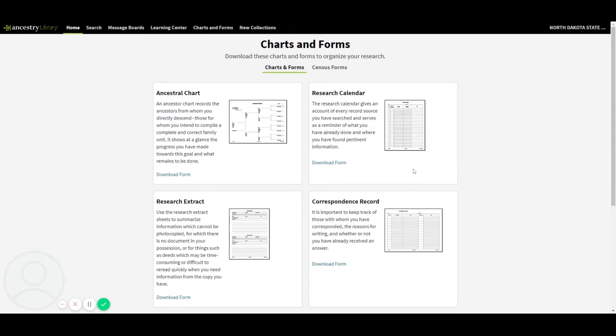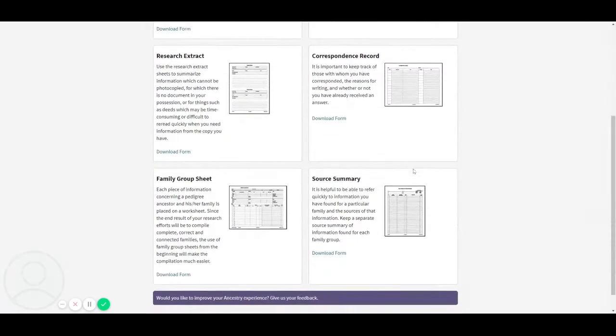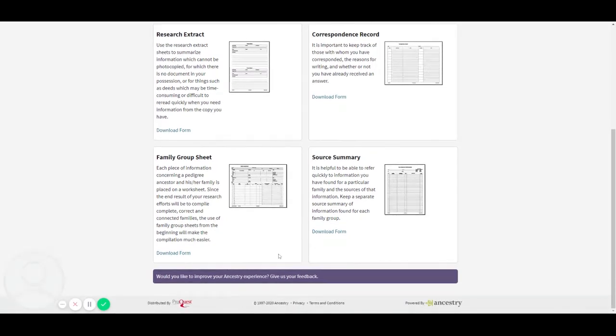You print out a family group record or a pedigree record, and then fill in pencil some basic information on the people that you are looking for. There's a lot of different reasons to do it that way. If you're still one of those people that are used to doing this,